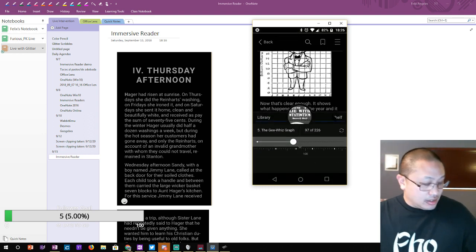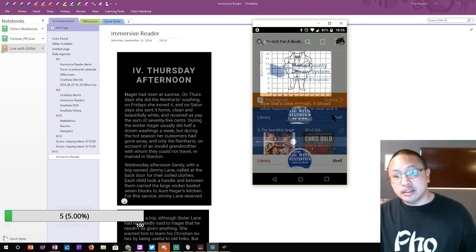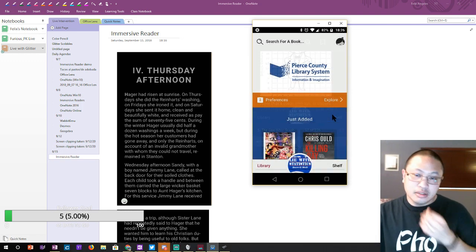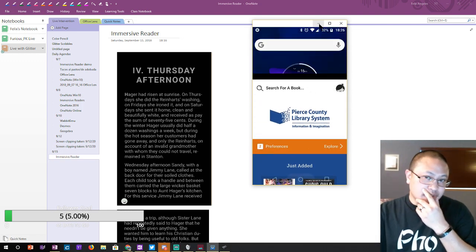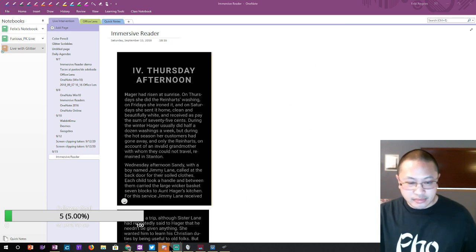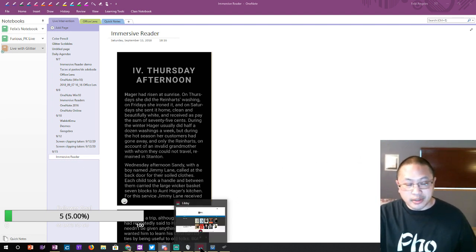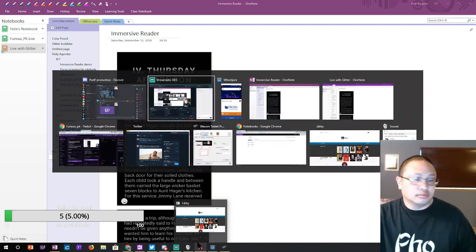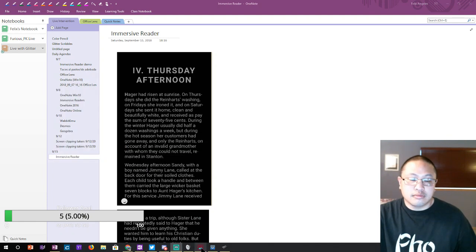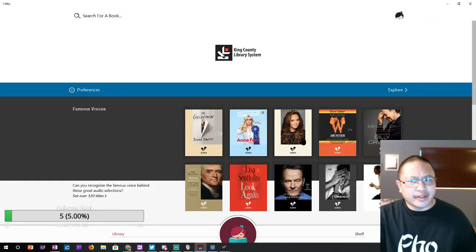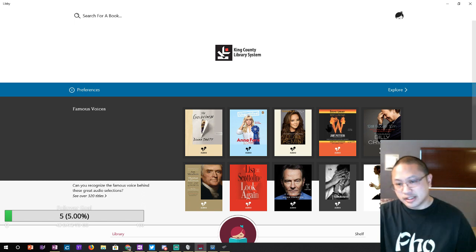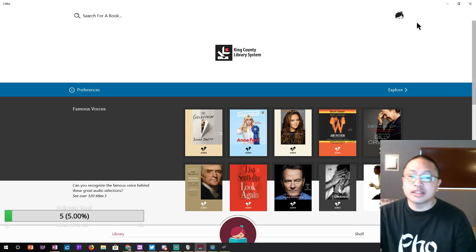Okay, so that's Libby. What I do expect is when we do away with the phone, we're gonna go look at the Windows 10 version of this app. Got it open right here. I do expect that synchronization to have occurred across other devices that are using Libby. So let's